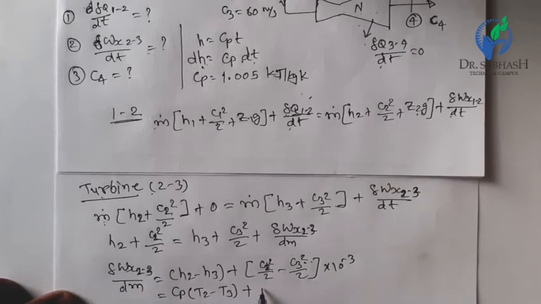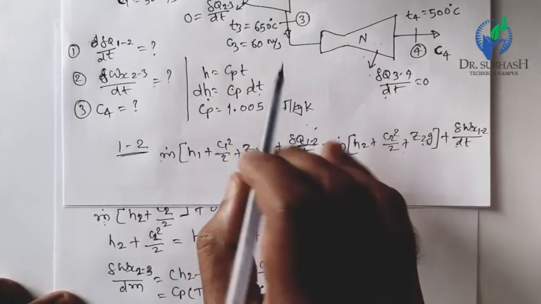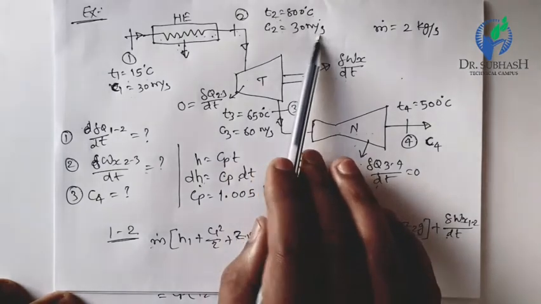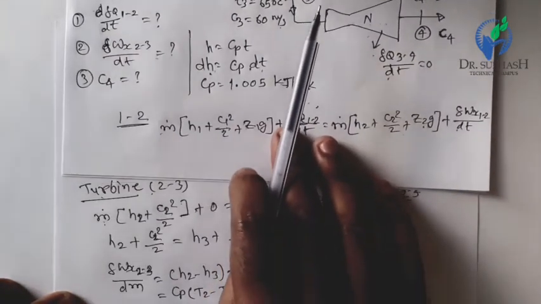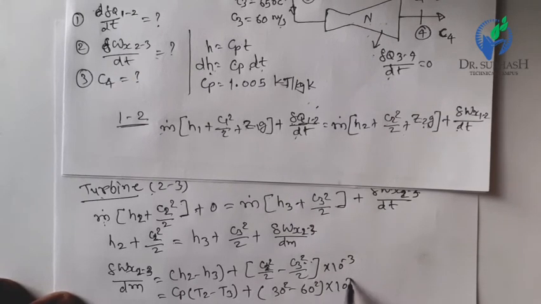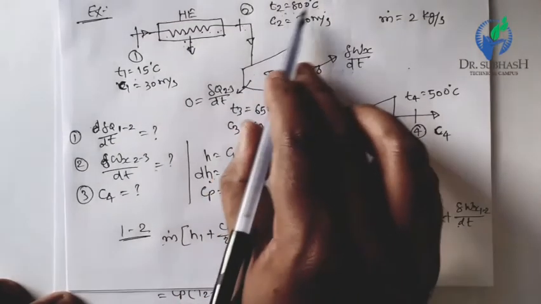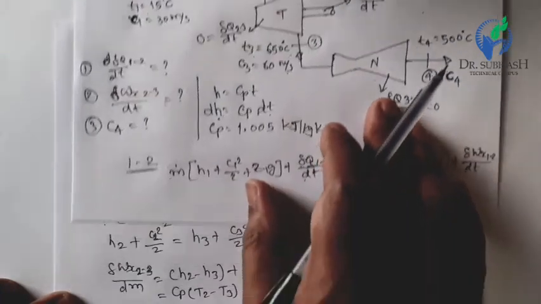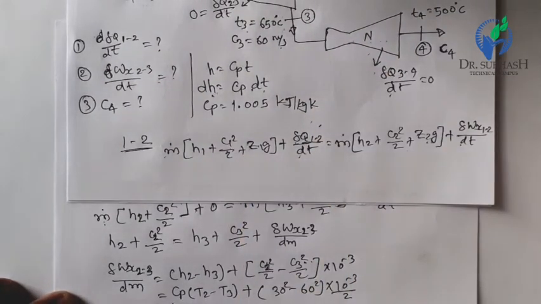And temperature is also given. Temperature T2 is 800 degrees Celsius, temperature T3 is 650 degrees Celsius. So Cp is 1.005 times T2 minus T3, 800 degrees Celsius minus 650 degrees Celsius. Again, here it is in differential form, so no need to convert into Kelvin. Plus 30 square minus 60 square times 10 raised to minus 3 divided by 2. So after the calculation with the help of a calculator we get the answer of this problem as